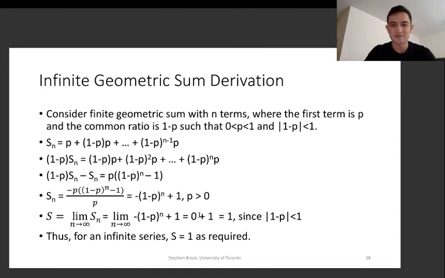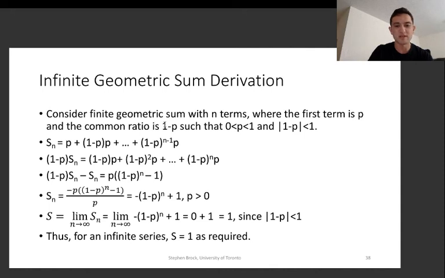So hopefully you guys remember learning this back in high school math, working with infinite geometric sums, but I don't know if you need to know this for this course, but it's always good to understand how to derive the formula for an infinite geometric sum. So we actually start with considering a finite geometric sum with n terms, where the first term is p and